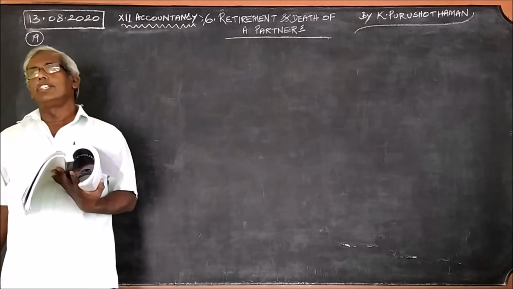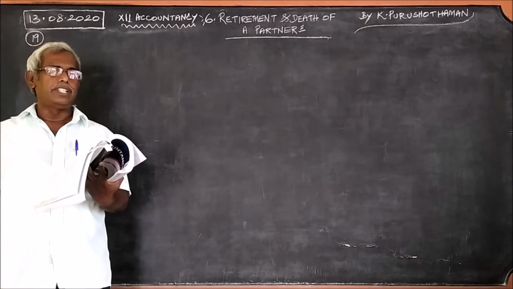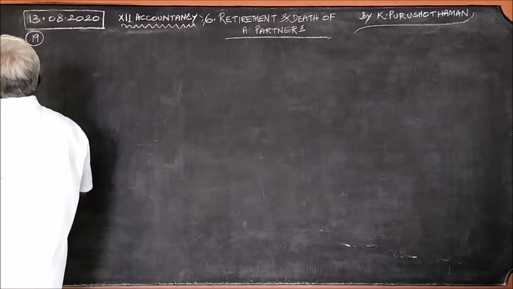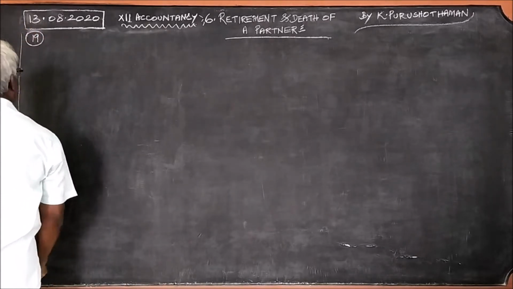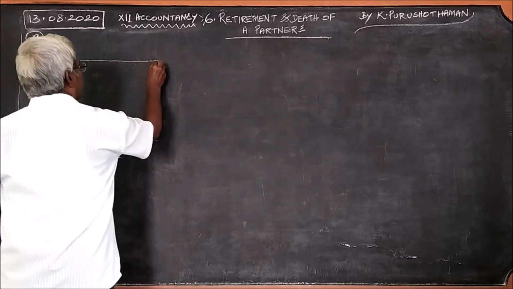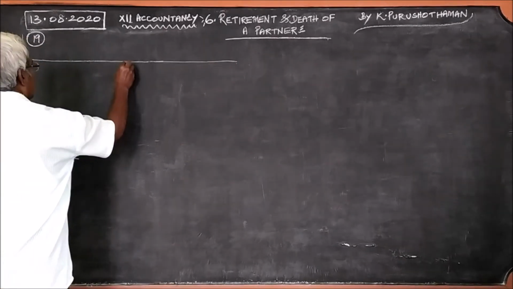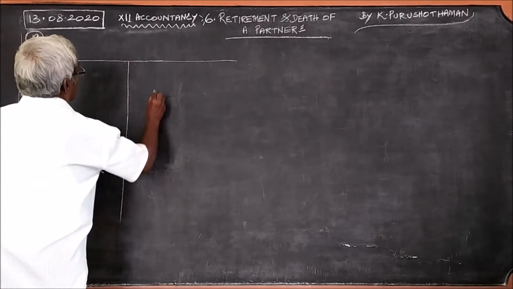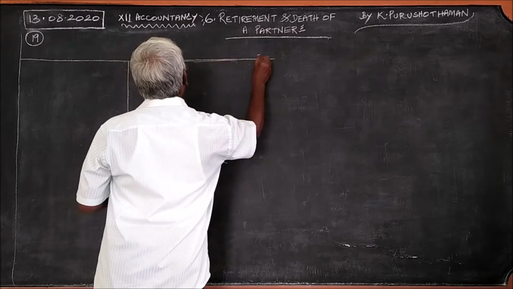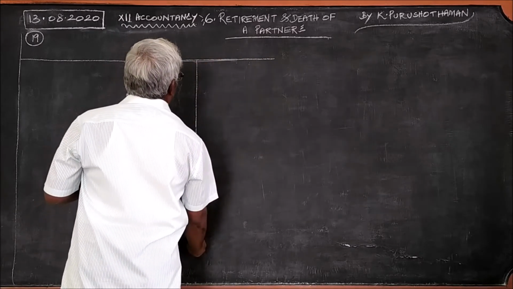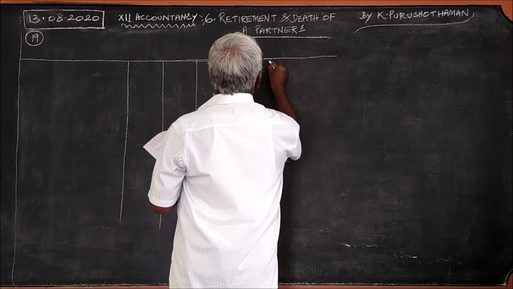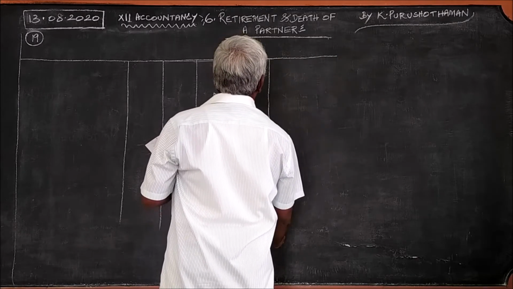What are the necessary ledger accounts here? The important ledgers are revaluation account and capital account. So we shall try to prepare the revaluation account now. It is an account. I am repeating the same for each and every problem because this is one of the